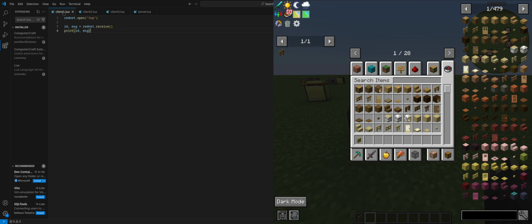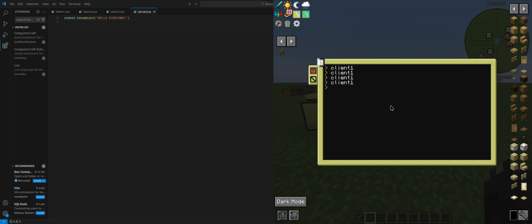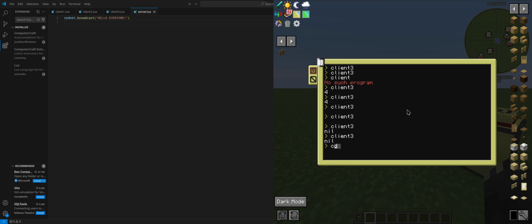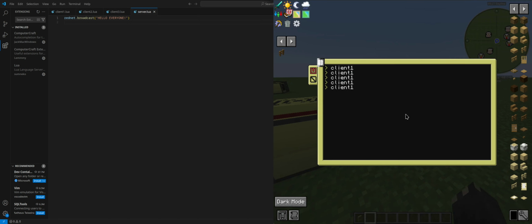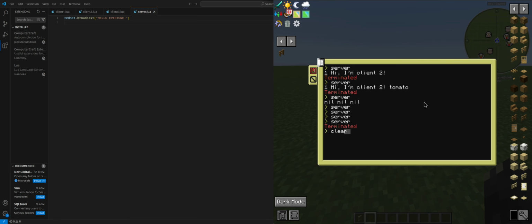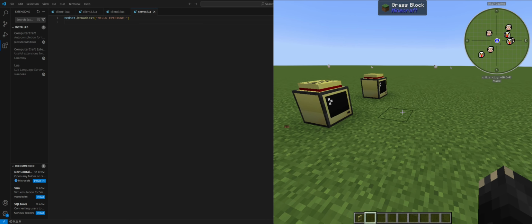All right, so I went ahead and put it in each of the clients. So let's run it. I'm gonna run client 1, client 2. Let's clear this out. Client 3, so they're all waiting. We run server. You'll see that, oh,